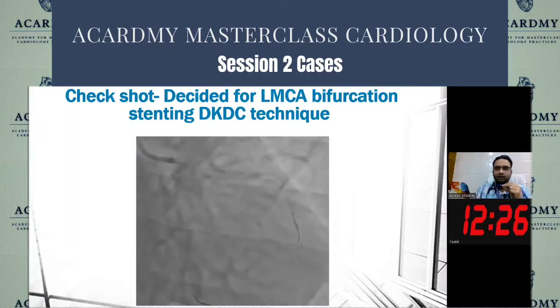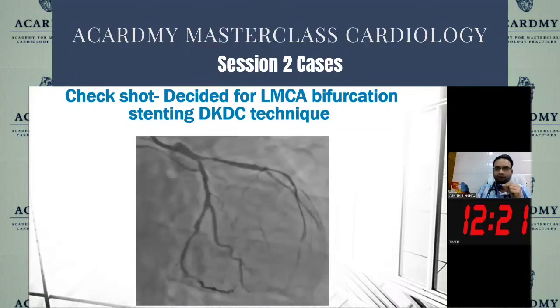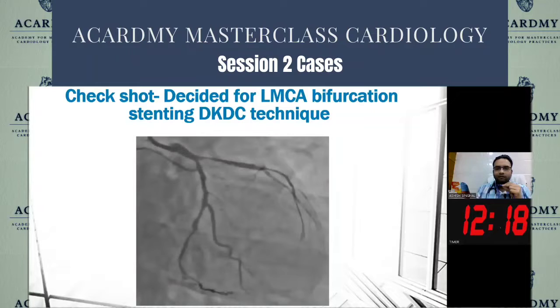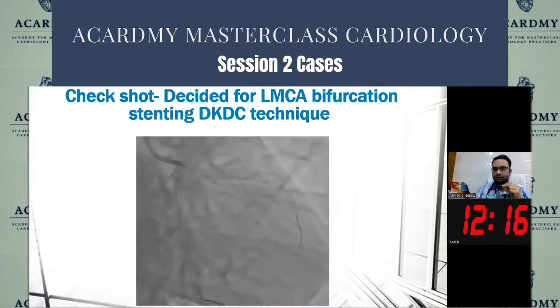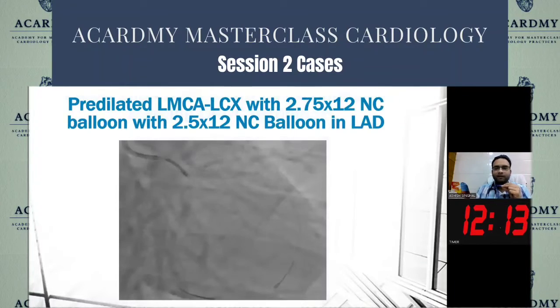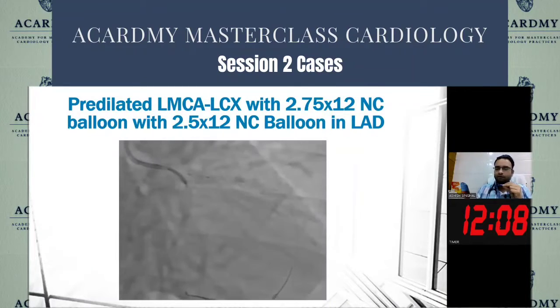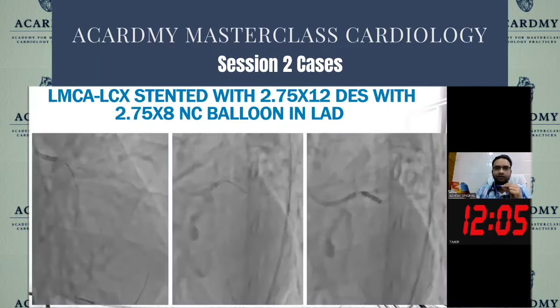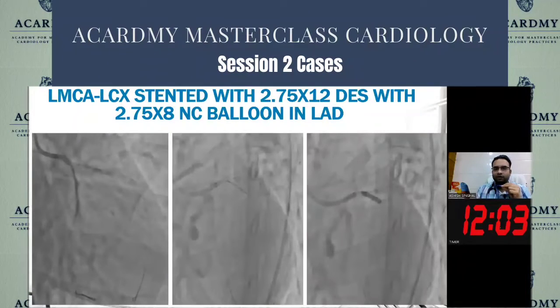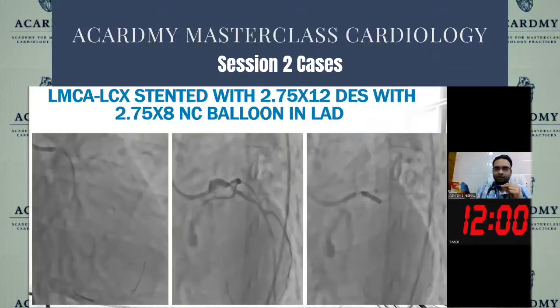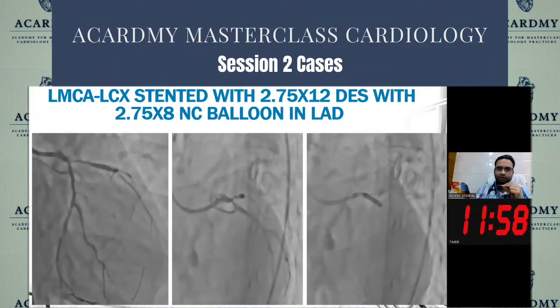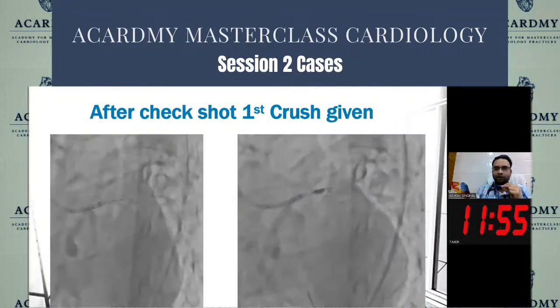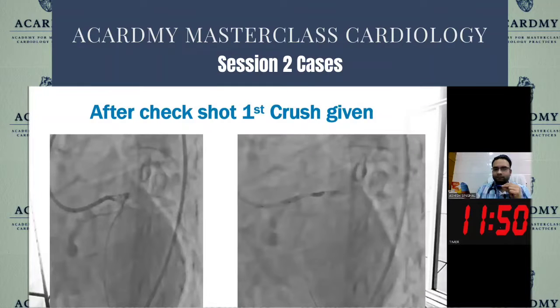We decided to go for a DK crush technique in this particular case, since both the ostia were involved, and we decided to stent both vessels because of their significant size and myocardial supply. We pre-dilated the circumflex to LMCA with a 2.75 balloon, keeping another 2.5 by 12 balloon in the LAD as a precautionary measure. We decided to stent the LMCA to circumflex with a 2.75 drug-eluting stent, keeping the balloon in the LAD. The stent was deployed from LMCA to circumflex, and after the first check shot,